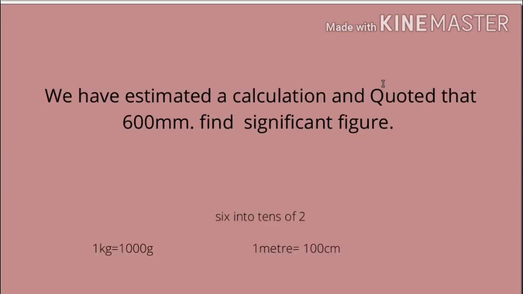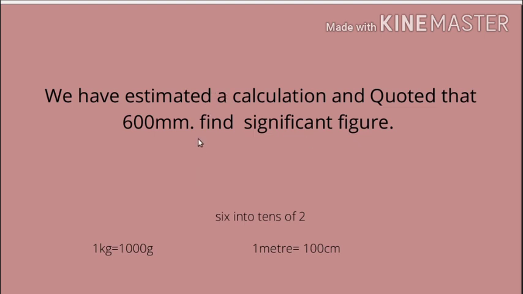Now suppose we have to estimate a calculation that is equal to 600 mm. So we have measured this length by using a millimeter scale, and when I used the millimeter scale I got 600 mm exactly, but we don't have the knowledge of error in this 600 mm. So what about the error? Error is not calculated here. Understand? We are taking this 600 mm without the error, so will it be the most significant number? No, it will not, but we can also find the significant figures in such quantities.